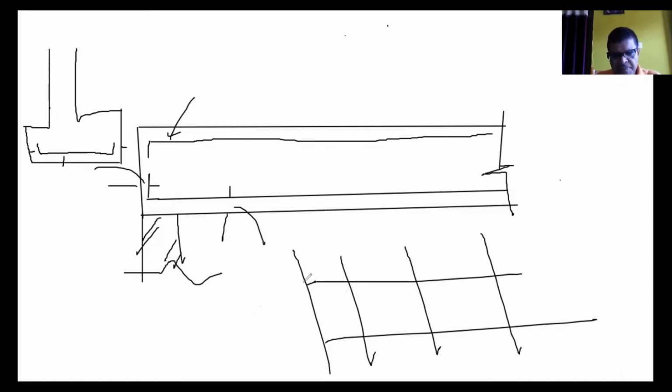Now, how is this cover provided in the field? In the field, what is done? When you cast a beam or a column or a slab, you do the centering and shuttering in the field. Centering means you put some ballies or bamboos or wood materials like this way, and sometimes the steel plates and steel supports for the centering. Now, these centering and shuttering, above which the reinforcement will be provided.